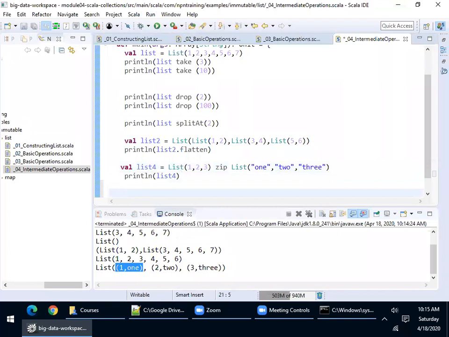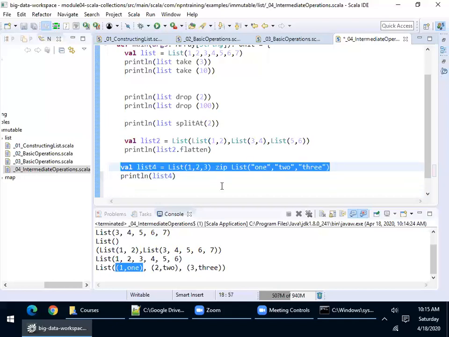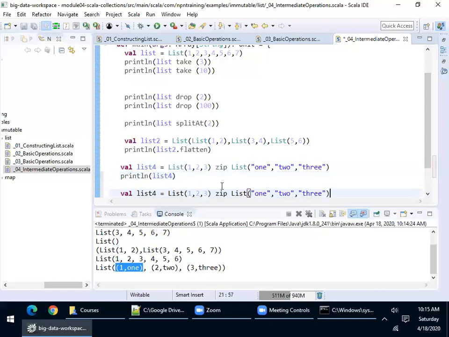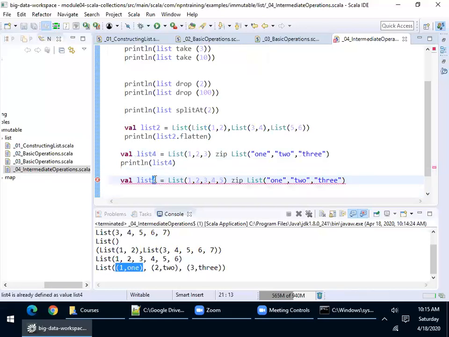Just like we have the zip method, we also have another method called unzip. It will just do the opposite of this. Let's see one more scenario. Let's say the first list has more values when compared to the second list. Let us see how the zip method will work. Let me print this.